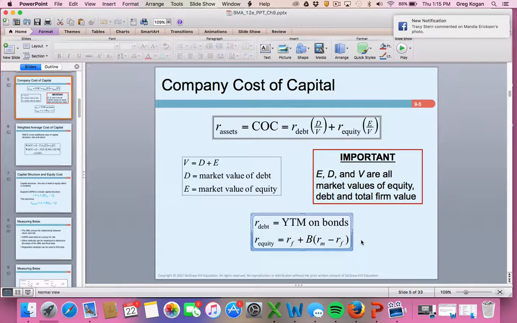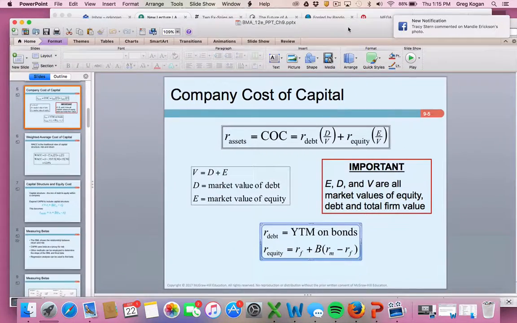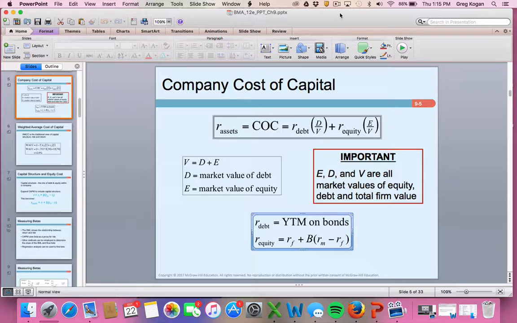So basically, we're talking about what is the market premium on the situation, and we want to check and see how much the beta is adding. So basically, it's beta driven. Of course, the beta is how closely the stock correlates to the market itself. So if it's more sensitive to the market, this cost of equity will be higher.